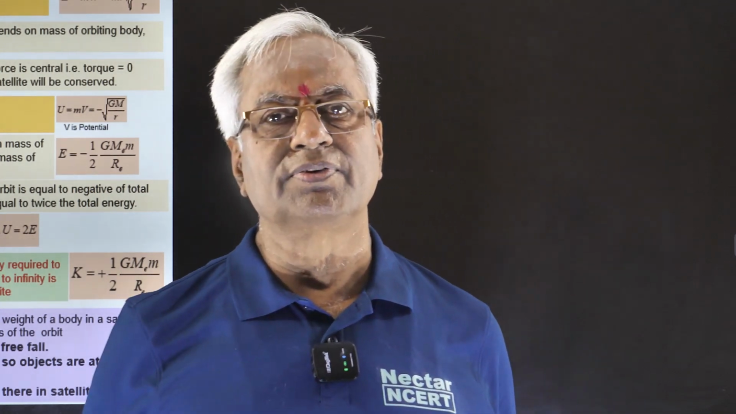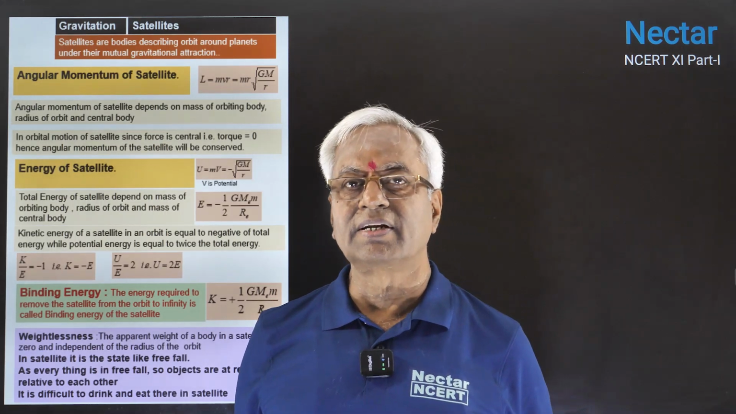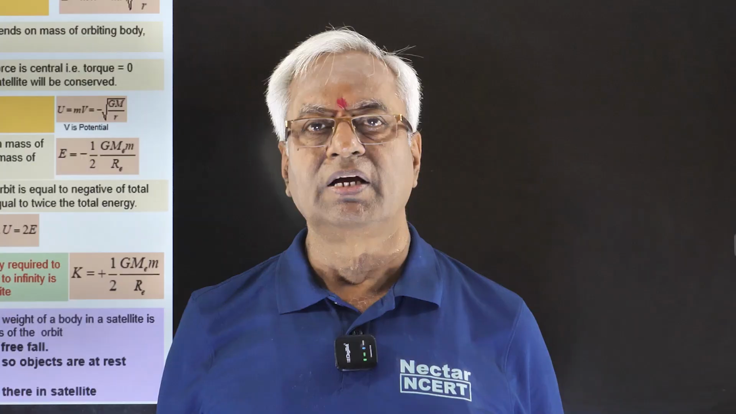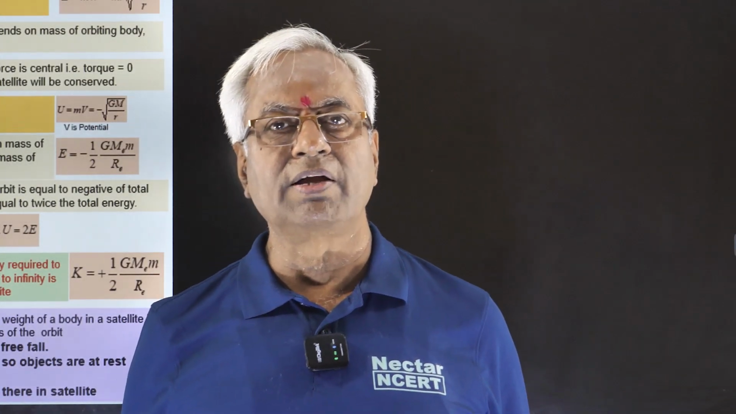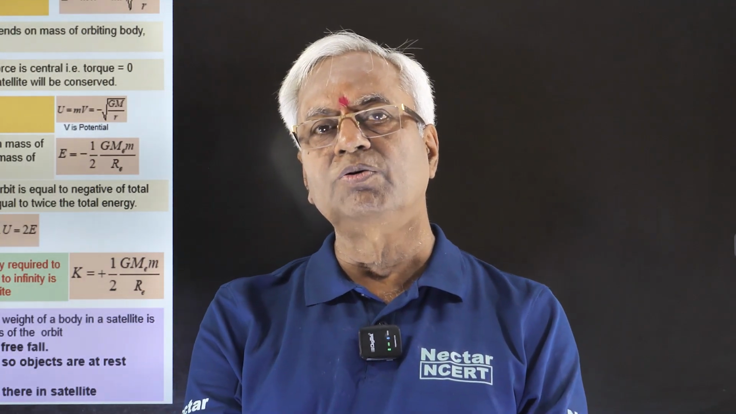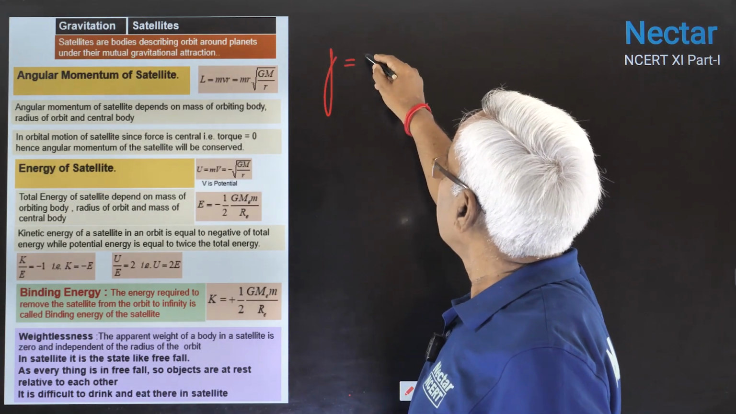We'll deal here with satellites, and that too at length. When the satellites revolve, obviously they must be having speed, angular momentum, kinetic energy, potential energy. So one by one we go into detail. First, let's discuss angular momentum. Angular momentum is given by